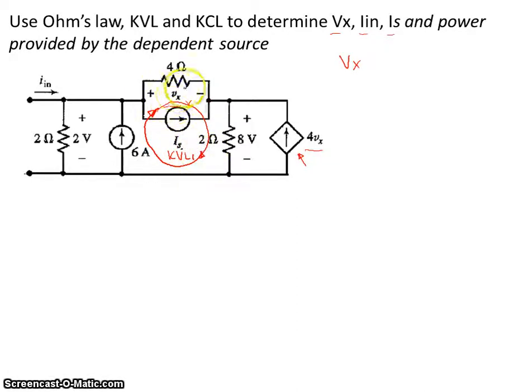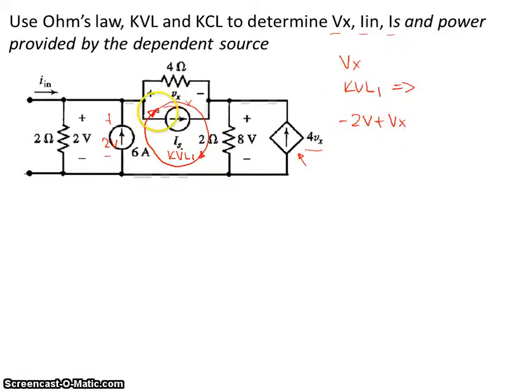So first we can see that we have V sub x, then we have 8 volts over here, and across this 6 amp source we don't have a voltage, but we can see that this is in parallel with these 2 ohm resistors, so that means that this also has 2 volts across that source. So writing the equation is going to give us the following. We start at minus 2 volts